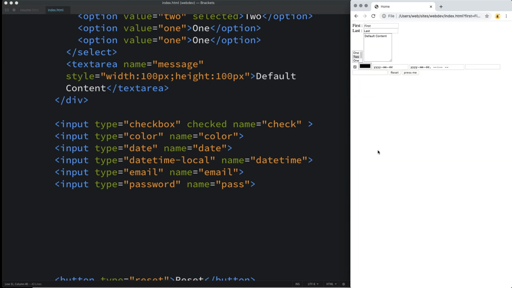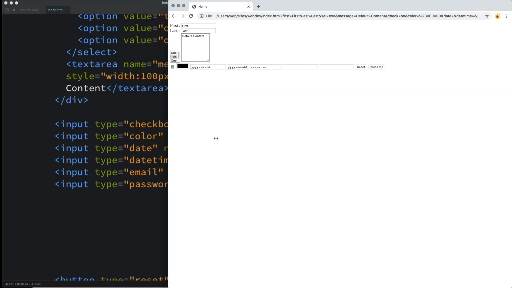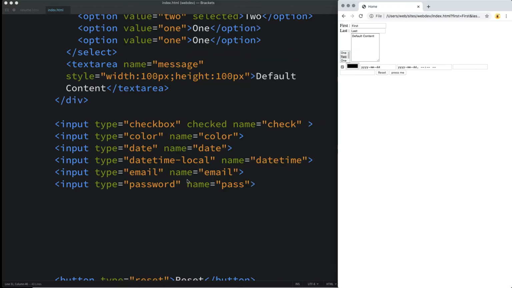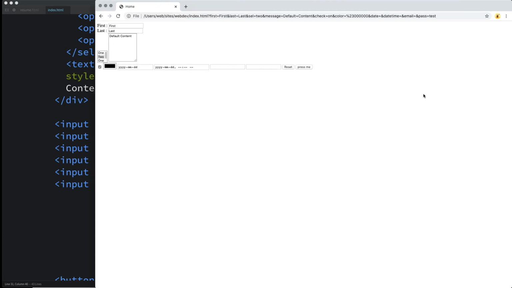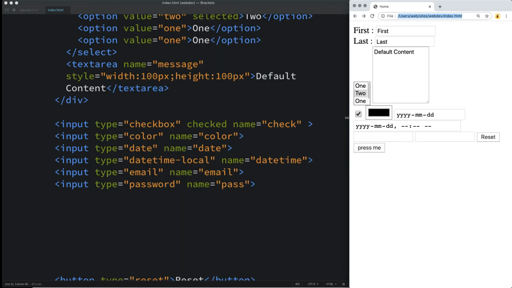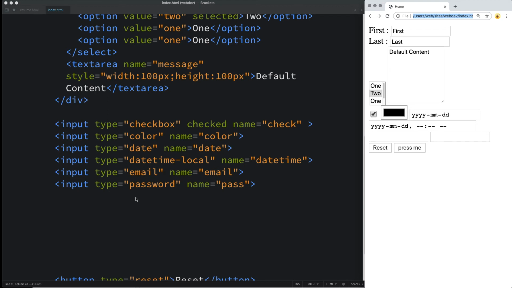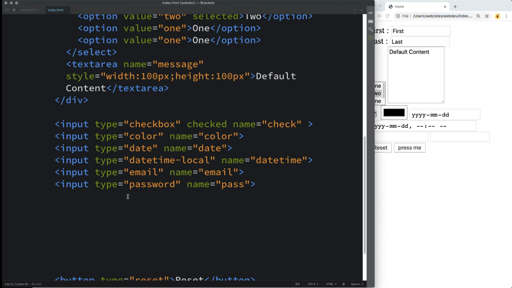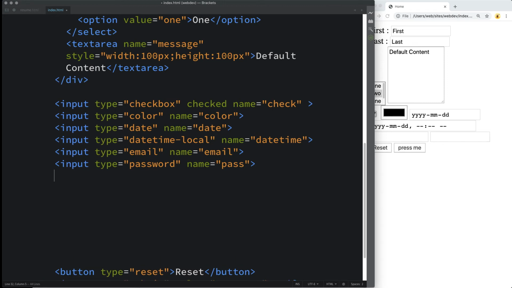So once we do a submission, I also wanted to note that email can be blank, but if you do put text in there, then it has to be structured as an email. What's being passed in is the value within the URL, even though we're not able to see it within the input. And that's one of the ones that, if you do have password, then typically you would be using post because you'd be hiding the value of the input.